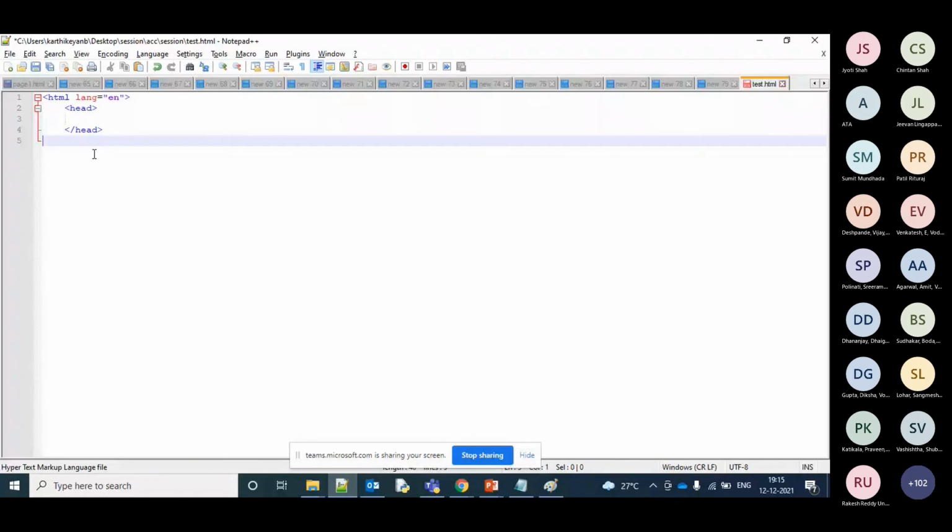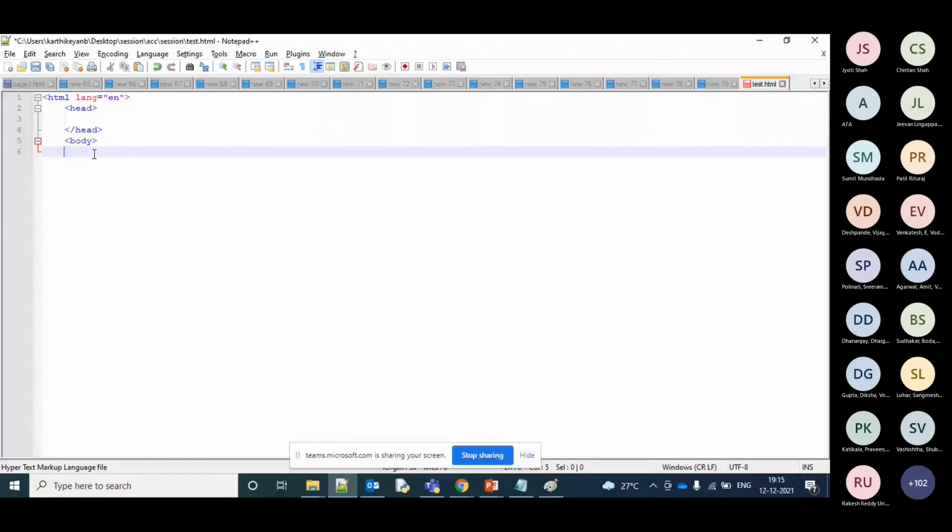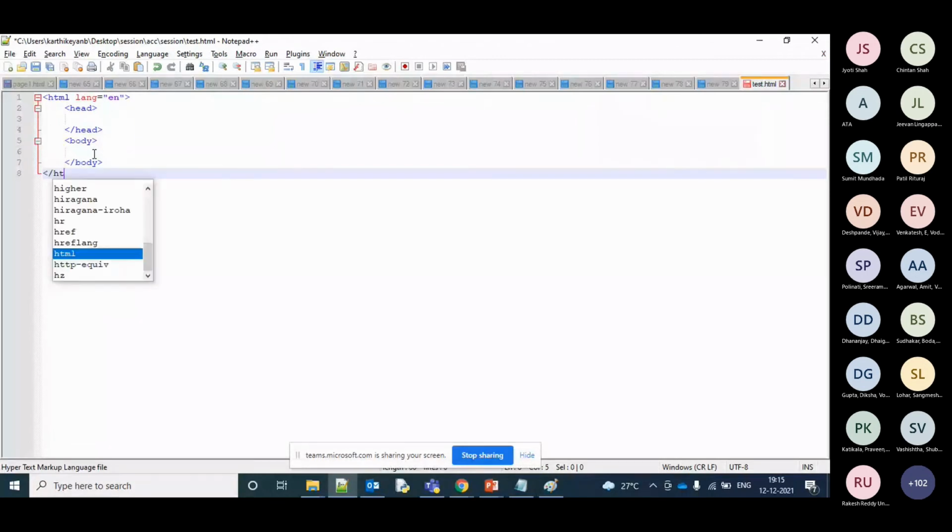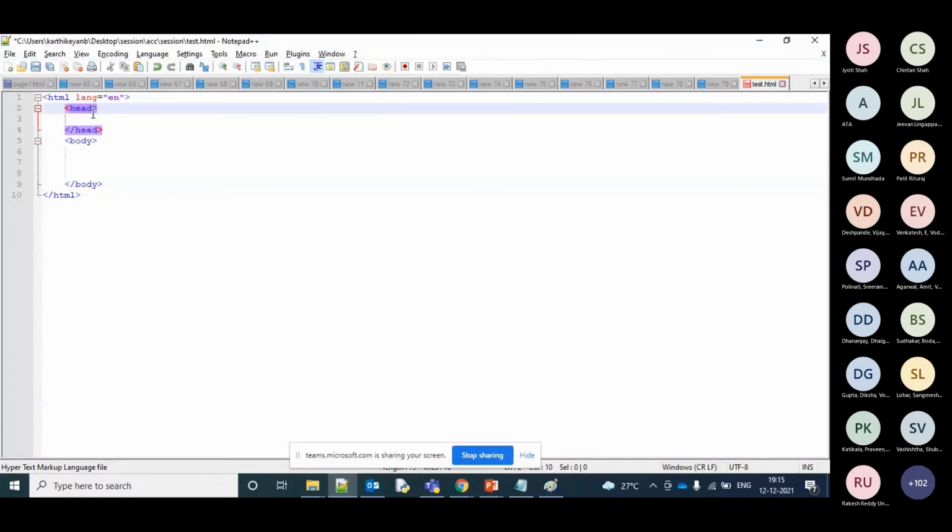And then let me open my body, and then I'm just going to close the page body. And then let me close my HTML. So this is the basic syntax which we write with the HTML code, and I'm not going to talk more about JavaScript and other things. Some basic things for which we'll be writing the test cases, and we'll be checking how the screen reader performs, for better understanding.